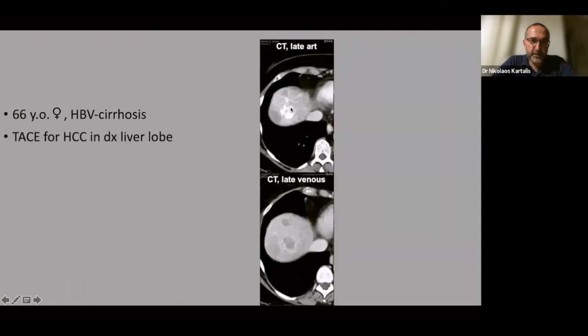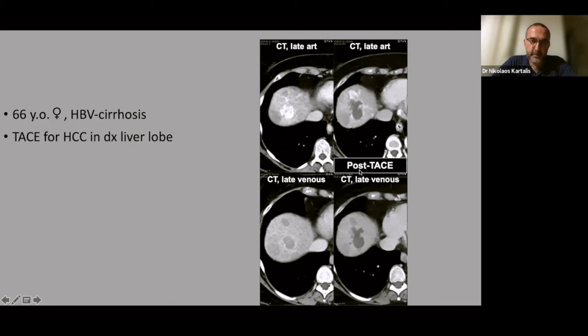So this is the lesion. We decided it's an HCC, and this is the late venous phase from CT. So the patient goes through a TACE. Okay, so this is the evaluation after treatment. But if you look on the anterior side, this lesion that was hypovascular turned out to be hypervascular, with very nice washout. So by definition, this is arterial phase hyperenhancement, non-rim hyperenhancement with washout. So this is an HCC too. So we treated this one again.